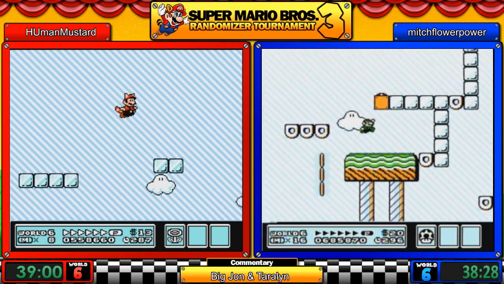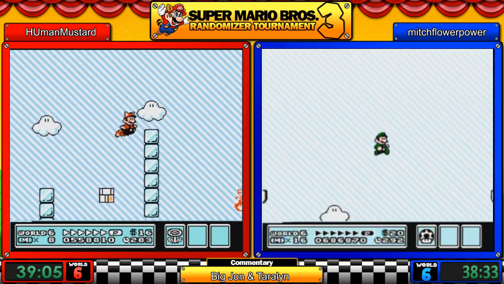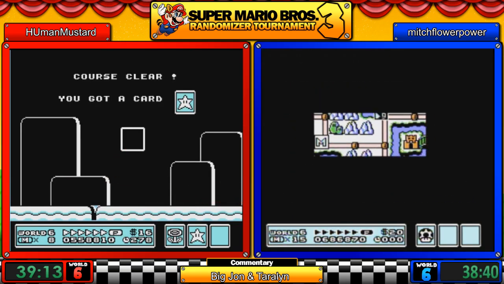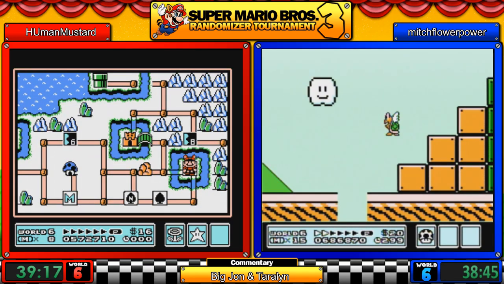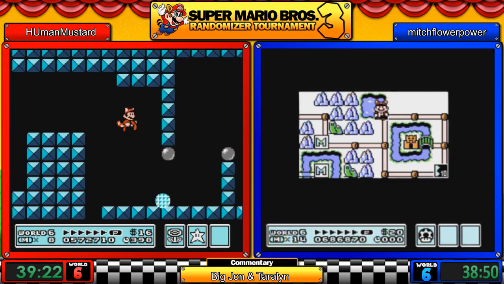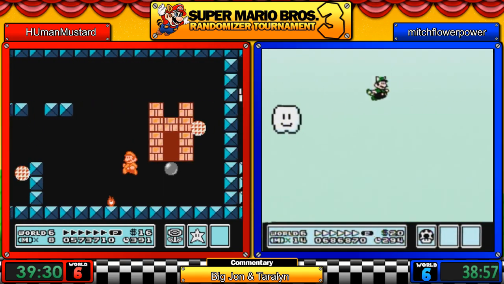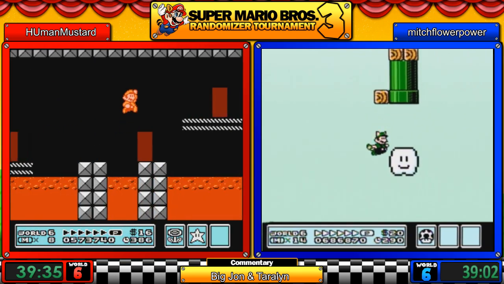HUmanMustard loving the P-Wing strats right now. Again, unfortunately, not any ground to really run to keep your speed up here. And uh-oh, Mitch is looking for new strats, apparently. He's done with 6-10, and 6-9 deals on the same card. Man, Mitch is getting denied here, and he goes with the P-Wing strats like HUmanMustard. Man, P-Wing city's all over the place here. But he's going the upper path here. You'll never see him up here